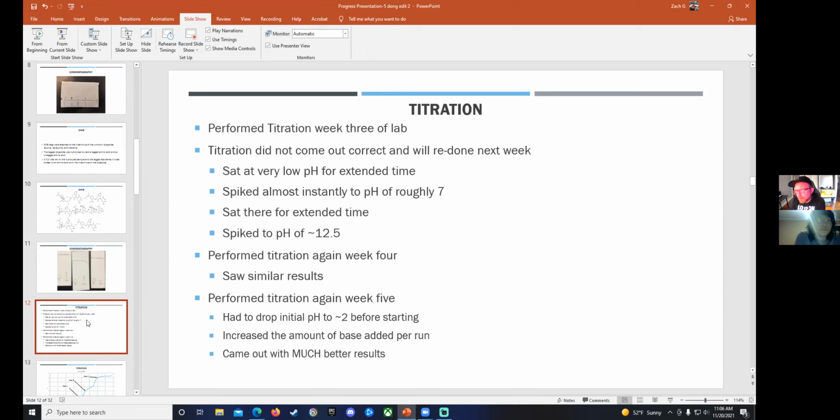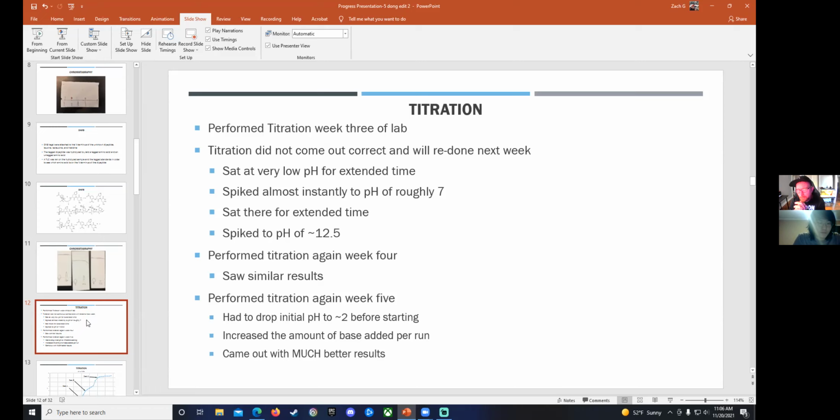We knew that we would need to do it again. So we did it again the next week, on week 4 of the lab, and unfortunately we saw almost the exact same thing occur. We were having problems with the pH not only staying low, but also spiking almost too exponentially, to the point where the peaks that we were trying to